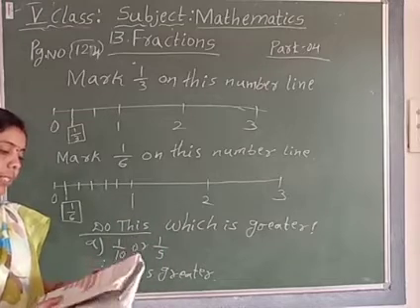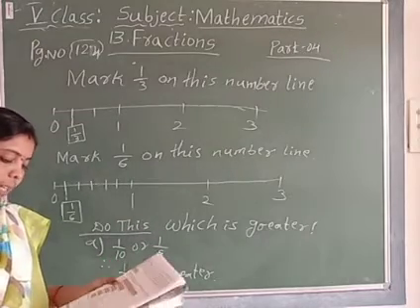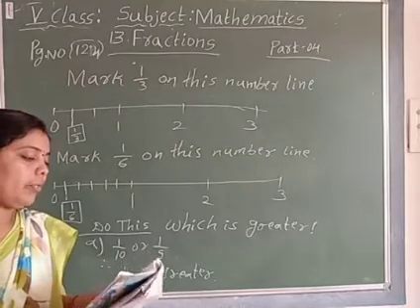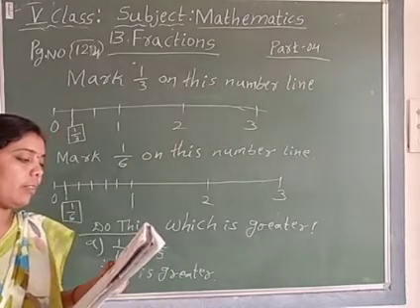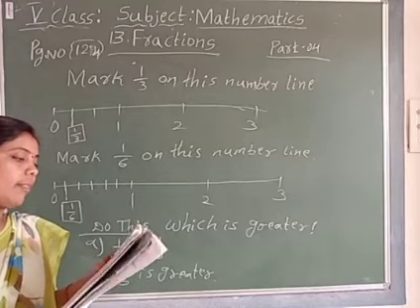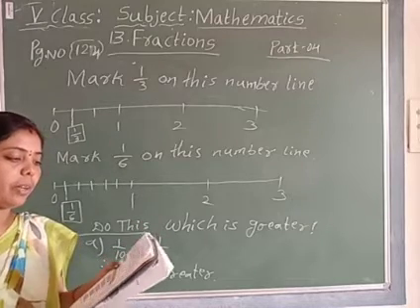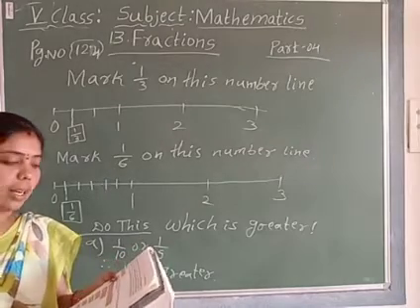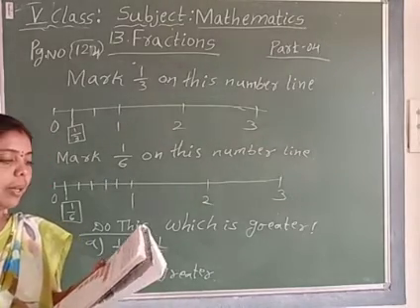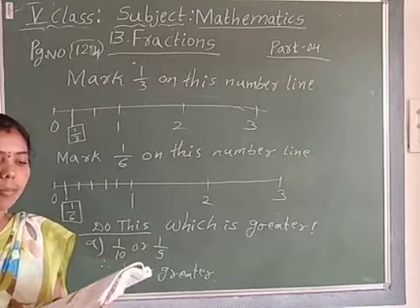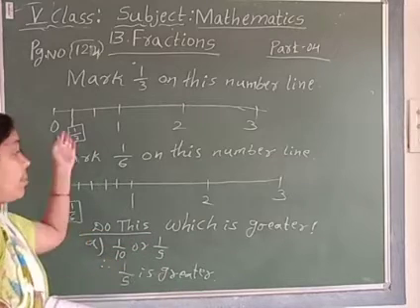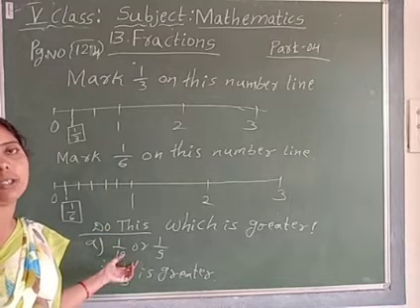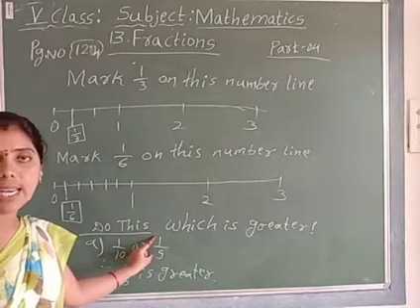So next page. Page number 125. 1 by 2, 1 by 4, 2 by 4, 3 by 4, 1 by 2, 2 1 by 2, 1 by 4, 5 by 2, 9 by 4, 1 by 8, 1 by 10, etc. All these numbers can be shown on the number line. So you will try that on the number line. They are called fractional numbers or fractions. These are fractions, so these numbers are called fractional numbers.